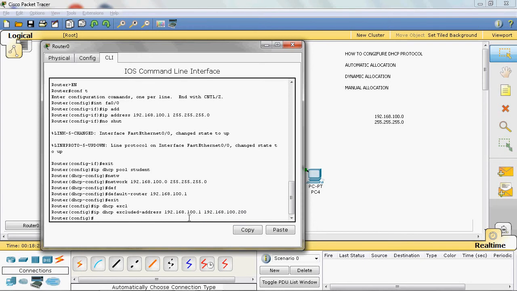If I give this command, it means that 192.168.100.1 to 100.200 will be reserved IP addresses. These IP addresses cannot be used by the DHCP server to assign the IP address to the host.